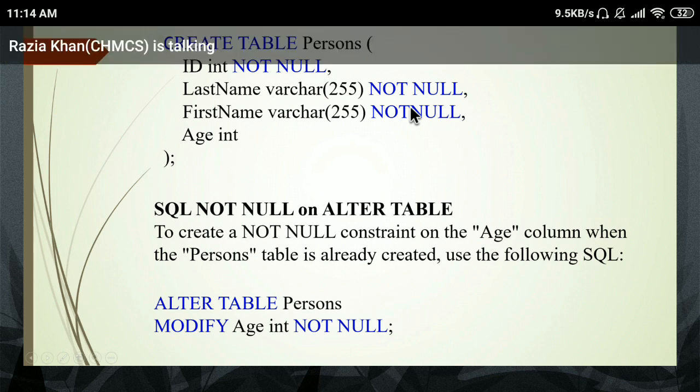Everyone, just tell me the difference between alter and update query. Can you just tell me the difference between alter and update query? Because every time students make the same mistake. If in an exam the question is asked to apply not null constraint or change the size of the column or change the data type of the column, every time students make the same mistake, using update query or alter query.